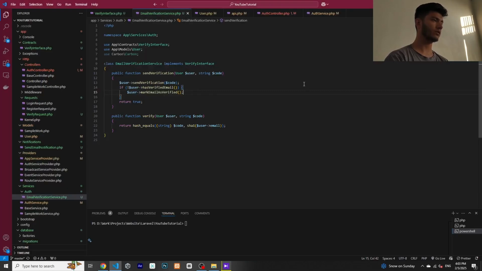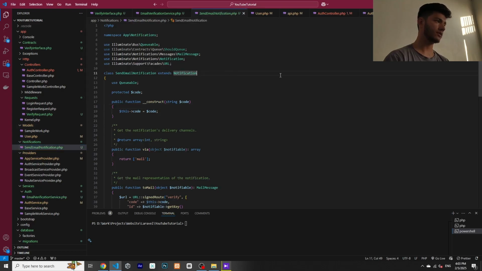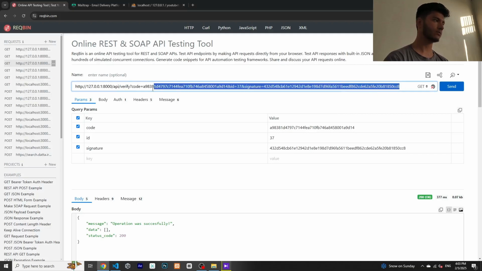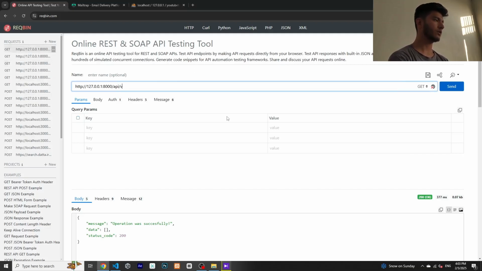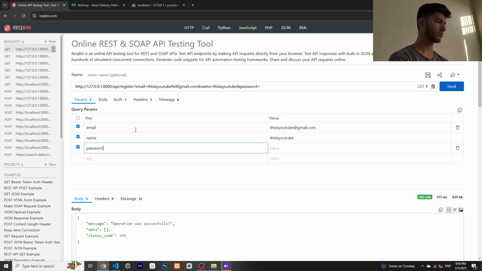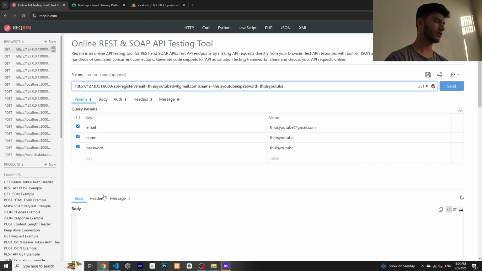Let's check it. Okay, let's set this one, implements should queue. Okay, and this is the last polish. So API register, this is YouTube, email, name, password is this. Okay, so